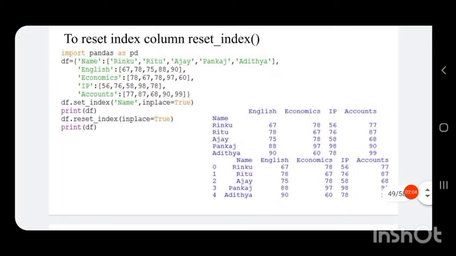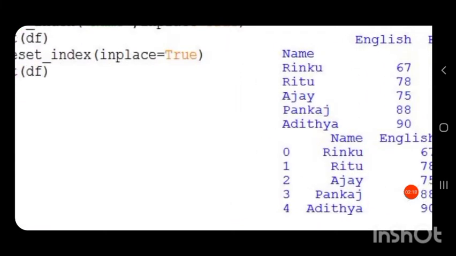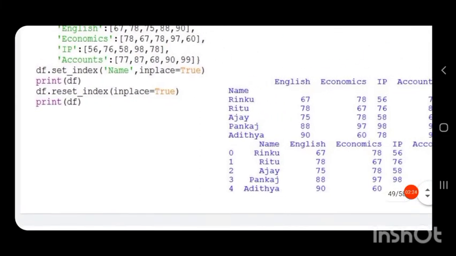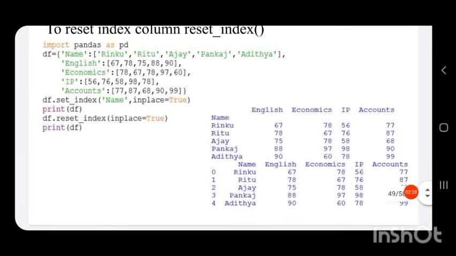So to reset the index to the previous index values, we have a function with only a single parameter, inplace equal to True. When we print the data frame, it will create a data frame with the index 0, 1, 2, 3.